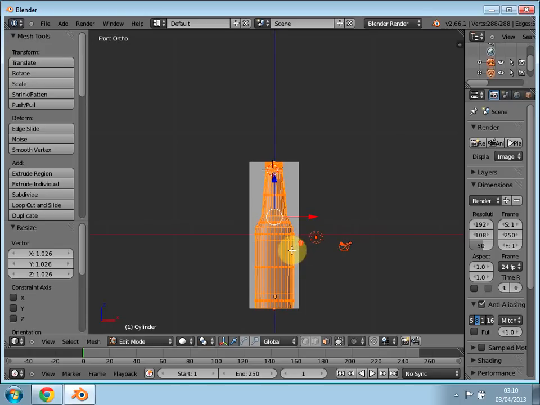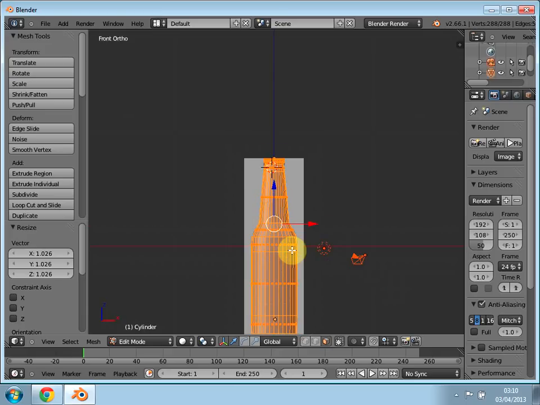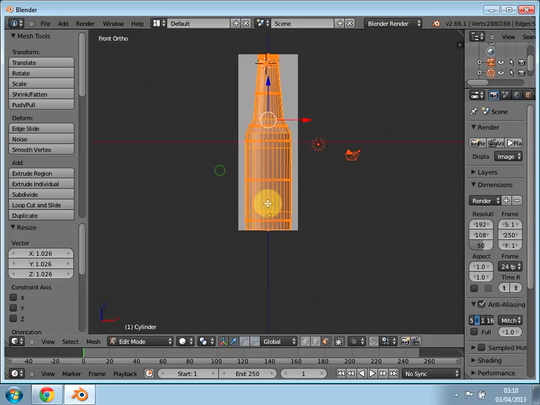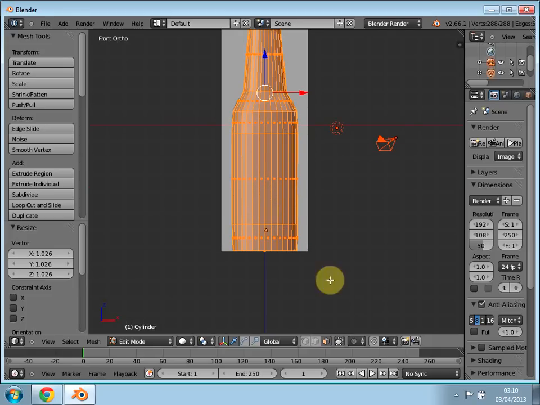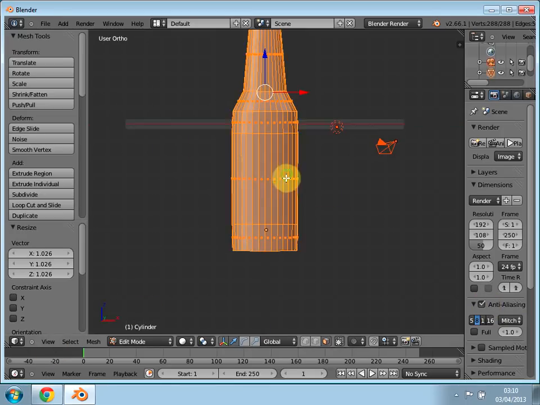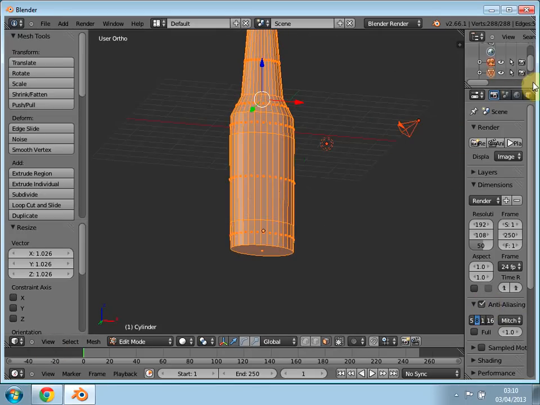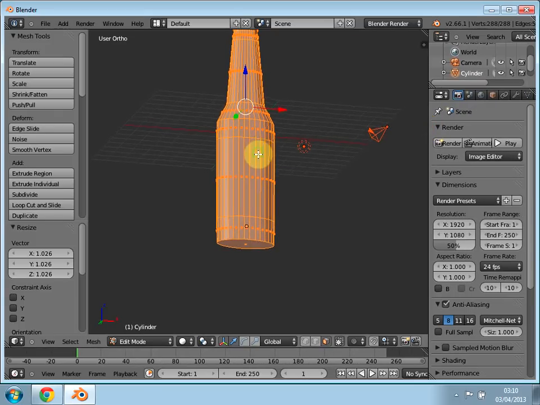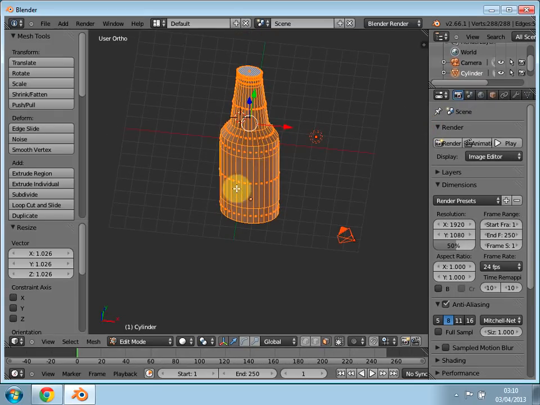So now what we can do, as you can see, we have your shape here. So now we can start in the textures. Now this is very important here, so you have to listen carefully. What we're gonna do now, the first thing we're gonna do, we're actually going to mark the seams on this